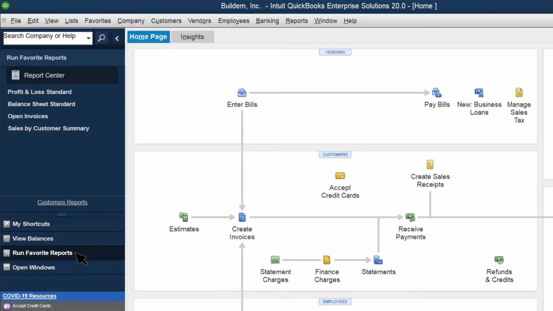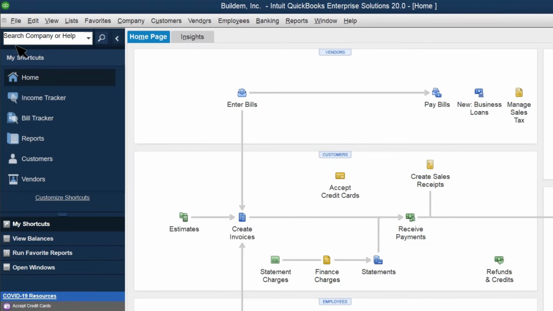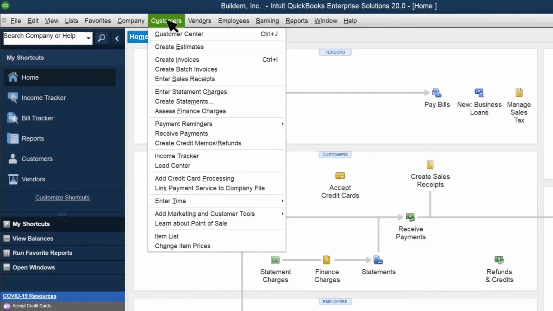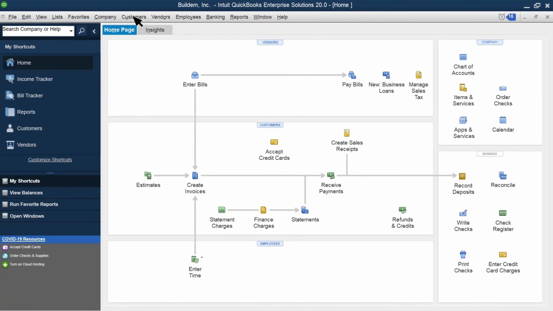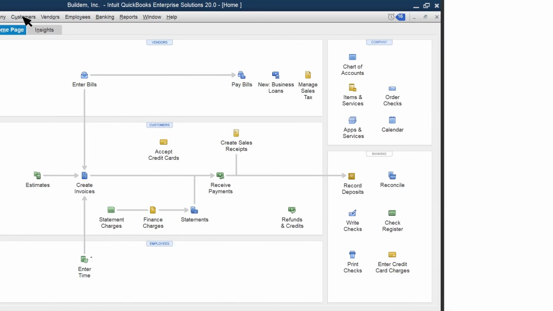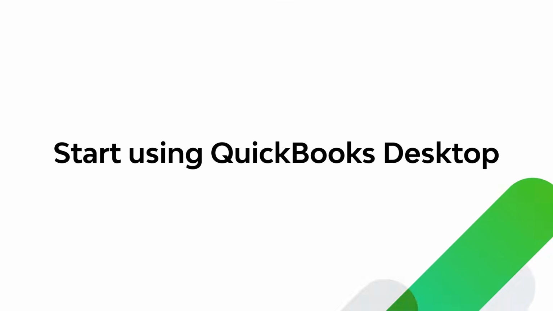There's one more important part of the screen: the menu bar. Just like most programs on your computer, there's a menu bar across the top of the screen. QuickBooks groups the menus by function. This is similar to the home page, but you'll notice the menus from the menu bar usually have more tasks than the home page does. That's because the home page is a collection of the most common activities, while the menu lists a few options you use less often. Now you're ready to get around QuickBooks like a pro.